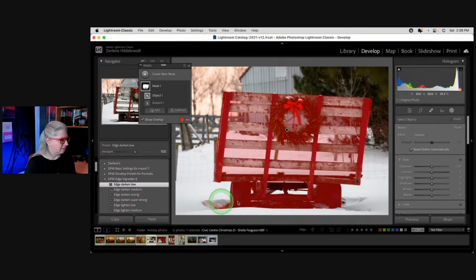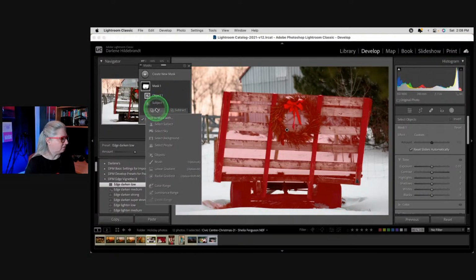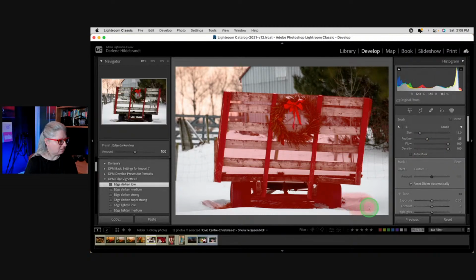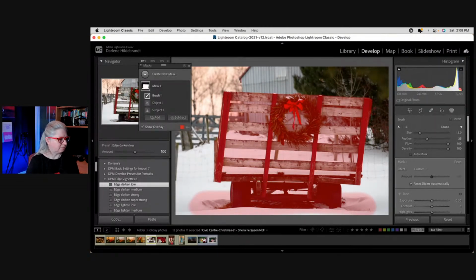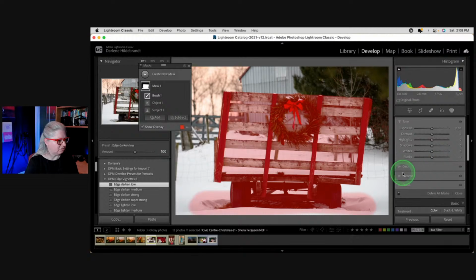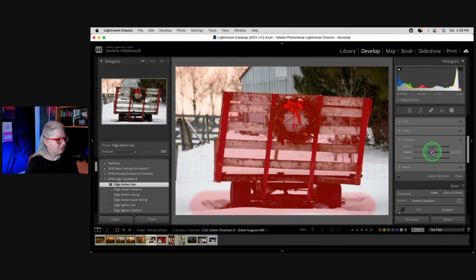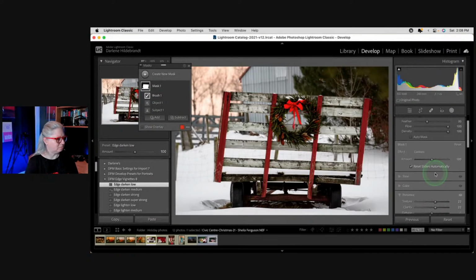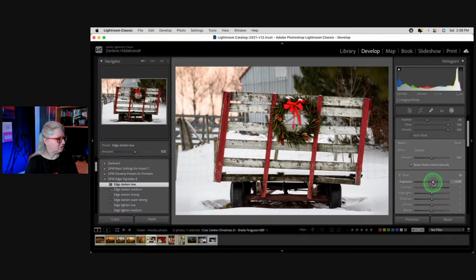And if I wanted a little bit of the snow down here, which I think actually would be nice, I'll just do add again and just brush it in. But this time without auto mask. I want a little bit more texture in the snow here. So I'll get this whole area like so. Okay, now that we've got our selection, so that was all just selecting, then we can add clarity, texture. And if I want to brighten it up a little bit more, anything else I can do while I'm in here. Okay, so if I want to increase the exposure a little bit,